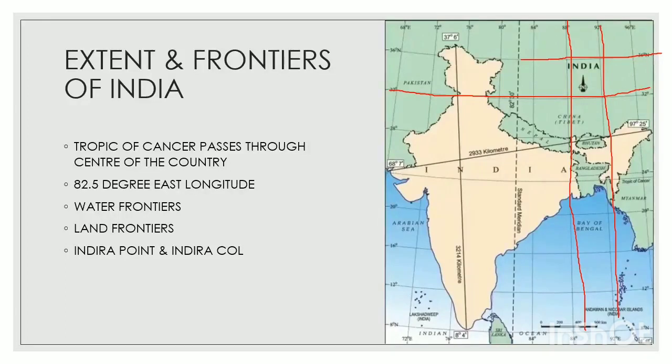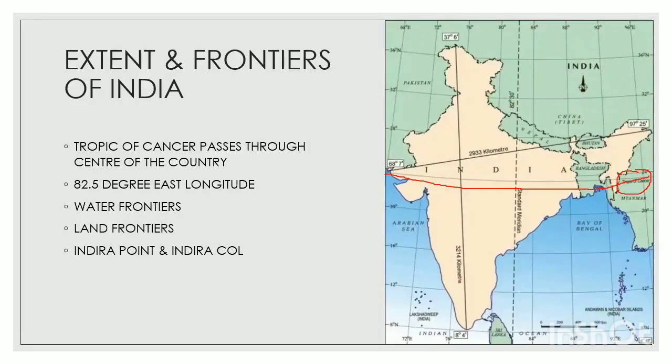When you see the globe, children, you have to come across three lines. One is the equator, which lies at the center of the hemisphere. Then to the north you have the Tropic of Cancer, and to the south you have the Tropic of Capricorn. The line that passes through India is the Tropic of Cancer. We call it the 23.5-degree north latitude line. You can see the line passing through Gujarat and towards the east. We call it the Tropic of Cancer line.